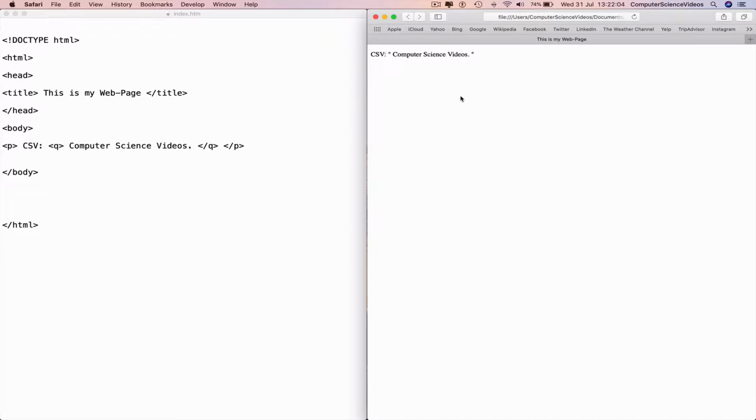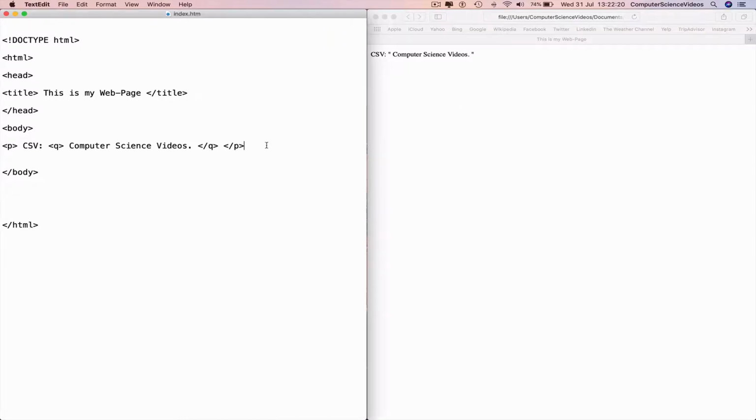Now we can move on to the HTML blockquote for quotations. Blockquote is an element that defines a section that is quoted from another source. Browsers usually indent the blockquote element. So now we can write on the next line a P tag, computer science videos, just the initials,